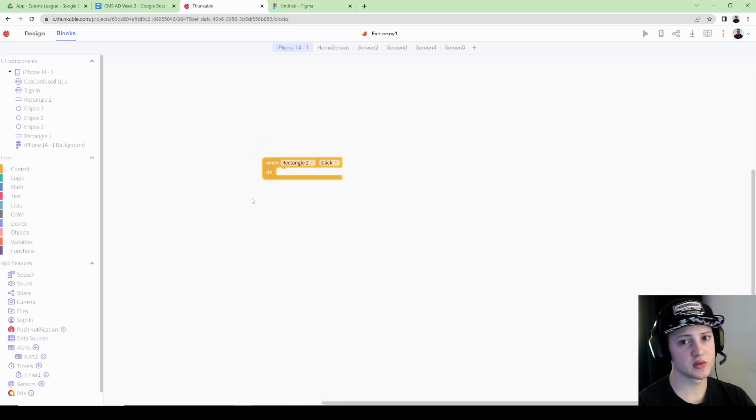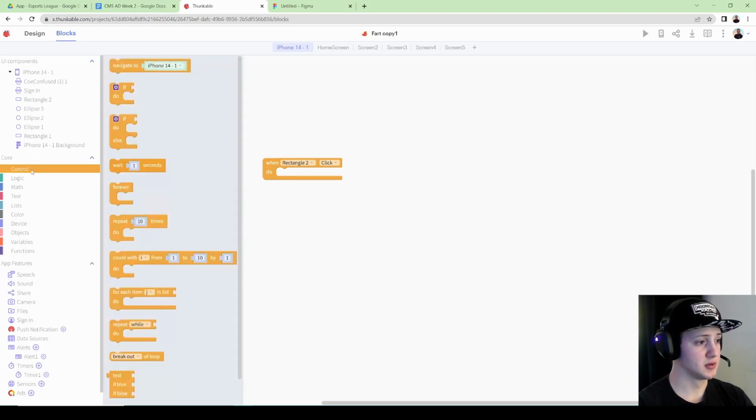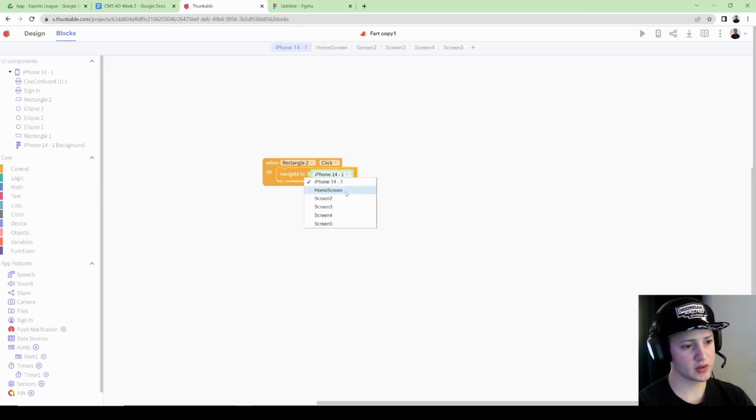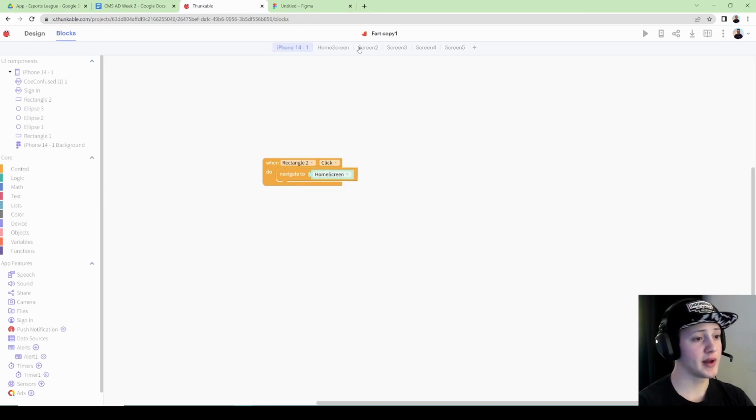So with this, whenever we touch sign in, what do we want to do? We want to go to another page to kind of like simulate the flow of our app. And there's actually just one block that we need to do this. So click control, and then the first block, the top block, is navigate to. And then you can click this little drop down arrow and go to a different screen. So I'm actually just going to go to my home screen. So like, start screen, you sign in, and then you go to the home screen, right? That sounds like a good